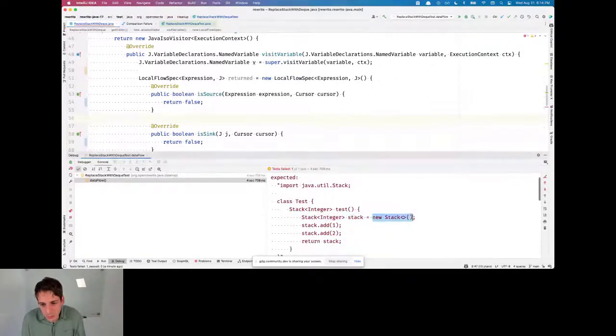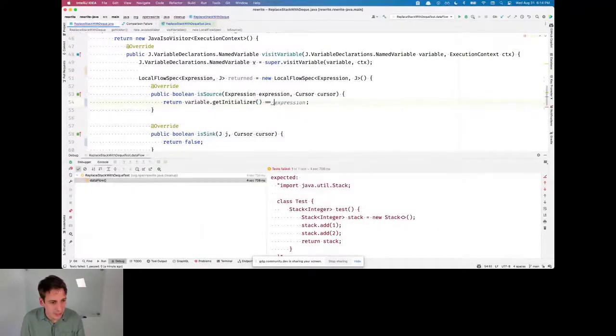The source, we're looking for things like this stack, and the sink, we're looking for whether it's part of a return. And I'm not just looking for any stack, I'm actually looking for this particular variable, the one that I'm looking at right now that I'm considering replacing. So for source, it's simple enough to just say, what if the initializer is this expression that I'm looking at?